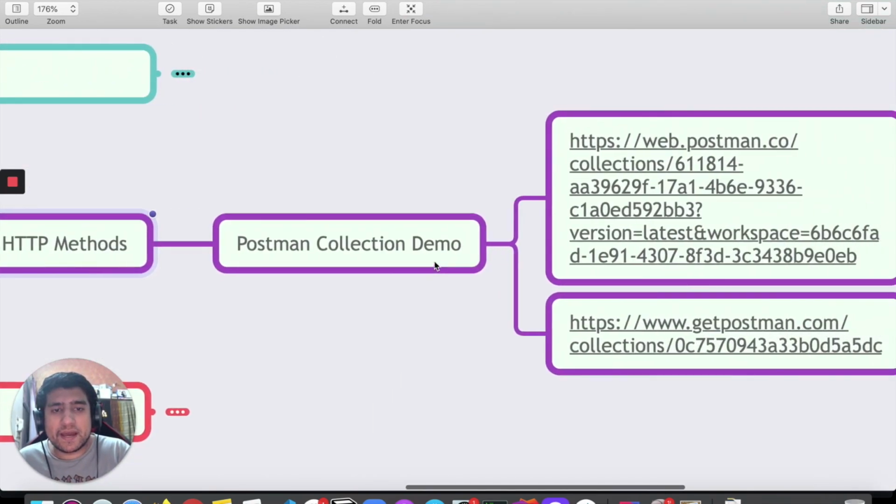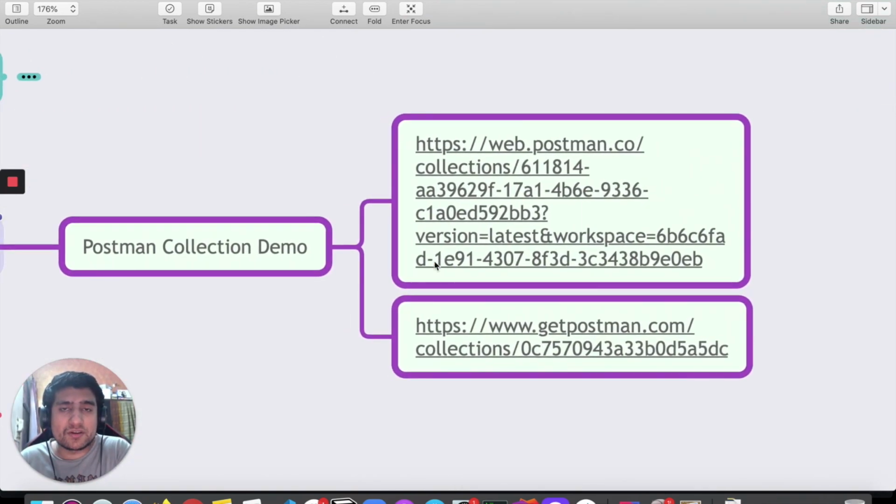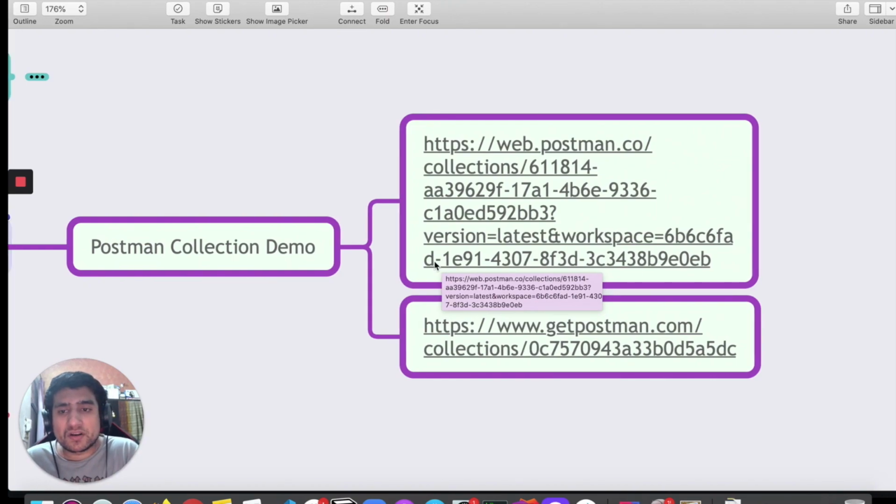So, quick recap: we are going to automate a particular demo. The first thing is that I'm going to show you how it looks in the Postman tool. If you haven't watched my previous Postman tutorial, you can check it out, where we discussed the different HTTP methods and how we automated them using Postman. Now we are converting those things into REST Assured. So that's what we are doing here.